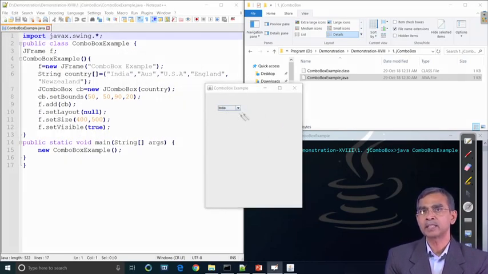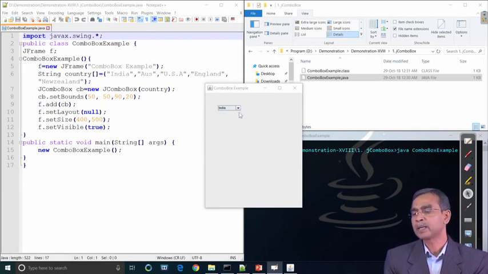So, this is the way that the combo box can be created here. We have executed this program, and we can see that this combo box now appears. The first item in the item list will be displayed here, and if we click on the scroll bar on the right side, then all the items that are there will be shown accordingly. Now, the size of the combo box as per this example is 5. So, we do not have to discuss it.